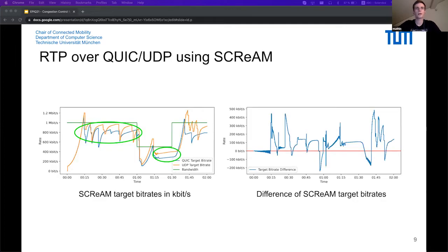So here's the first result of our experiments using RTP over QUIC compared to RTP over UDP, using only Scream as the congestion control. QUIC congestion control in this case is disabled. In general, we can see that they have quite similar performance, but it is also notable that the congestion control